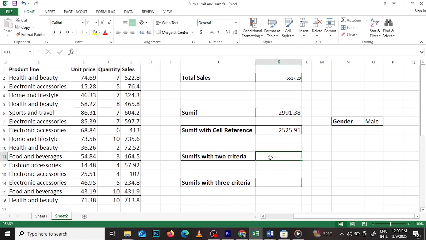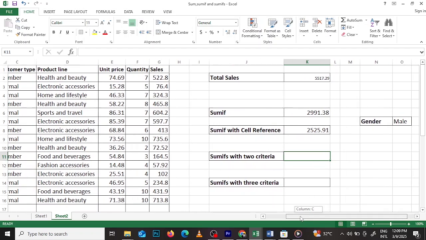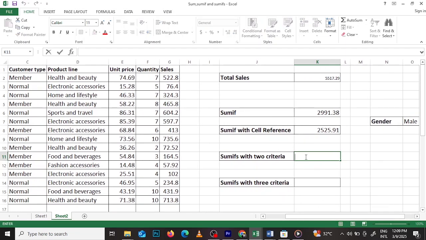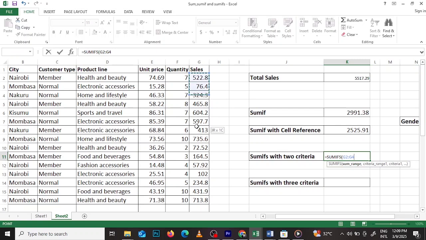Now let us go to SUMIFS with two criteria. I'm going to click on this cell. With this SUMIFS with two criteria here, I'm going to calculate the total sales made by females, specifically in Nairobi city. My two criteria are female first, second one is Nairobi. Here I'm going to put in equal, then type in SUMIFS. Double click on it, then my sum range. So I'm going to select this part from where it starts up to where it ends, the sales column,